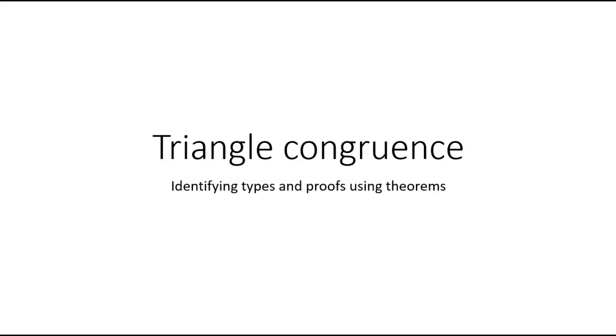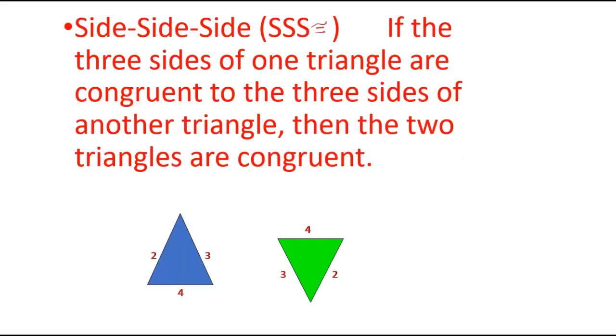Okay, to recap, we're talking about triangle congruence. We're talking about how we can get two triangles to look exactly the same. Okay, and we started off talking about the triangle congruence theorem, side, side, side. So if all three sides of one triangle are congruent to the other three sides of the triangle, then our two triangles are congruent. So again, that means that we only have to know